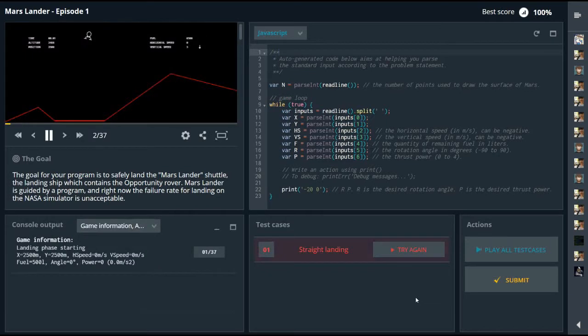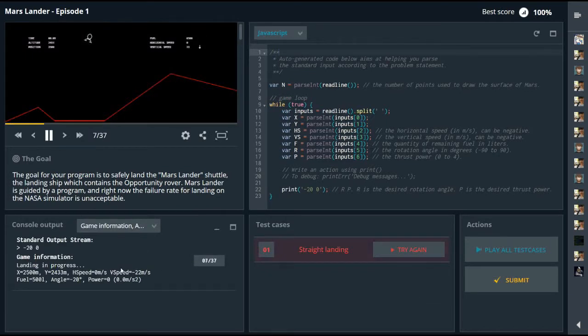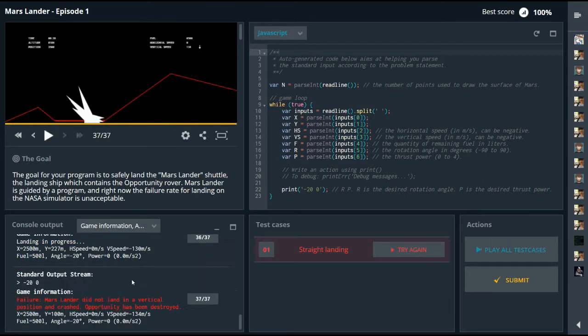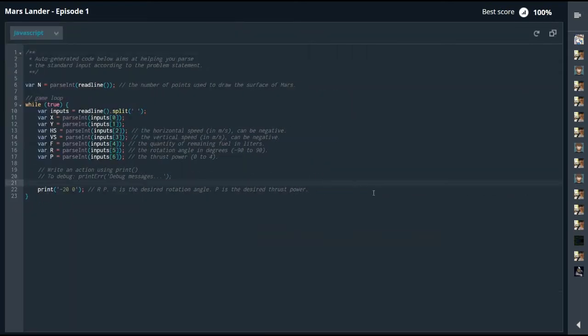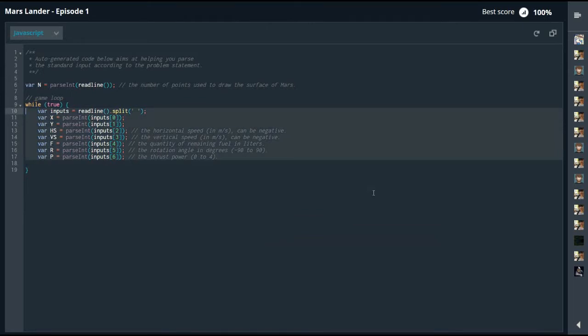Start the game to see how it works. I've lost. Okay, let's see. Now, I delete all unnecessary lines of the code.